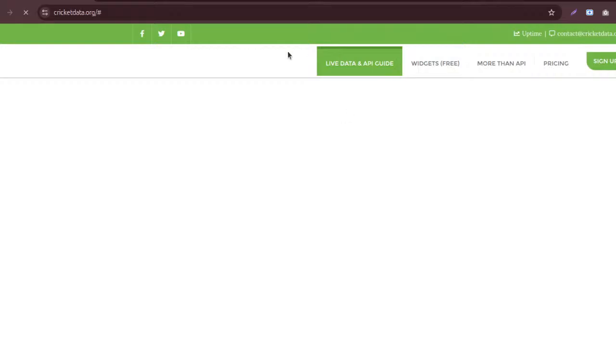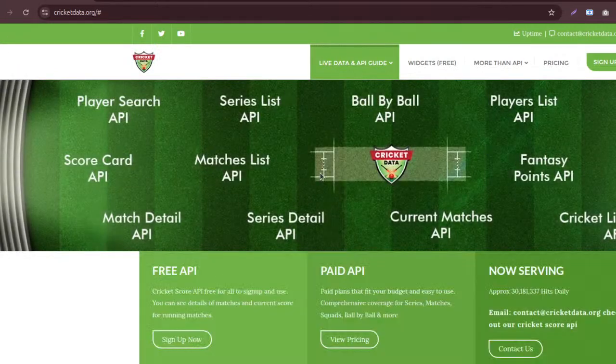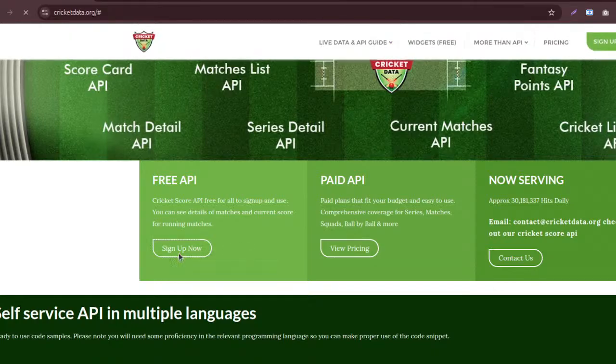Yeah, I need this live cricket API, guys. As you may know, cricket is one of the most popular sports, not only in India and Pakistan but also Afghanistan, Bangladesh, and other South Asian countries. I don't know why it's getting so slow. There's a player list API, a score list API. Okay, yes, score API. Yes, we need this.